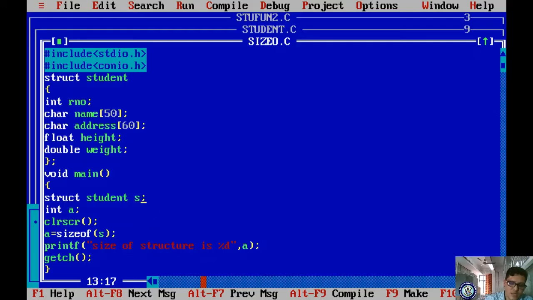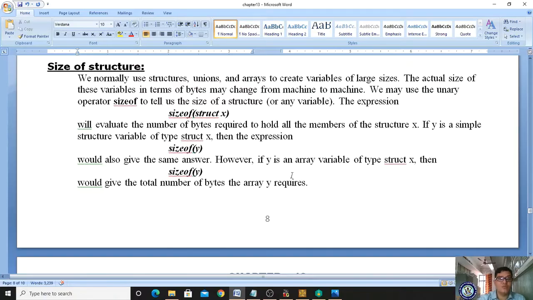If I make it an array of structure variables with 10 members, it becomes 1240 bytes. So that much memory will be consumed. So if you want to identify the bytes consumed by the variable, you have to use sizeof. Okay.